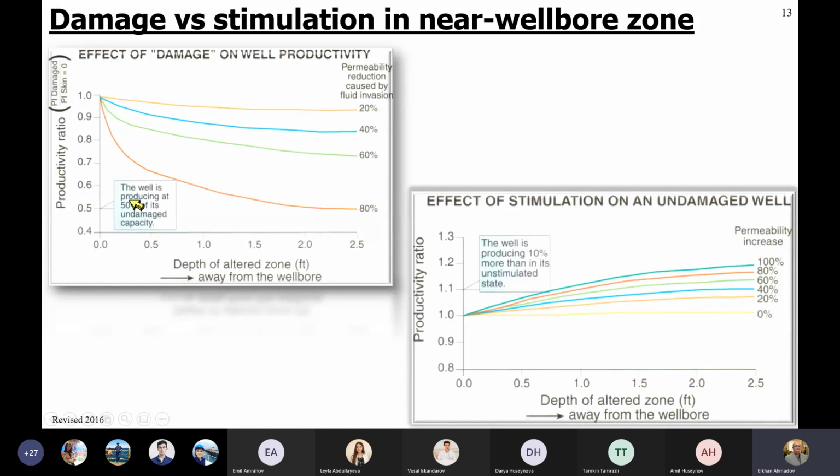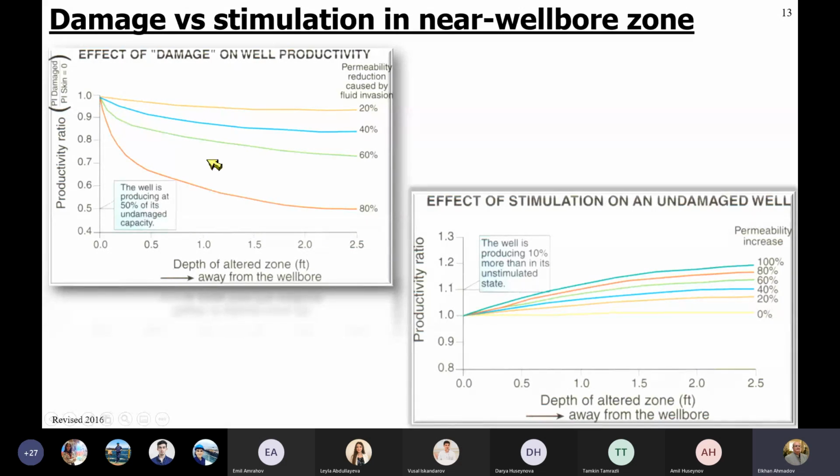If we consider, for example, damage having a 1 foot damaged radius, you can see the effect of the damage increasing from 20% to 80%. Well, it is not skin, but the damage to the permeability, or 20% reduced permeability to 80% reduced permeability, then we can see a very big